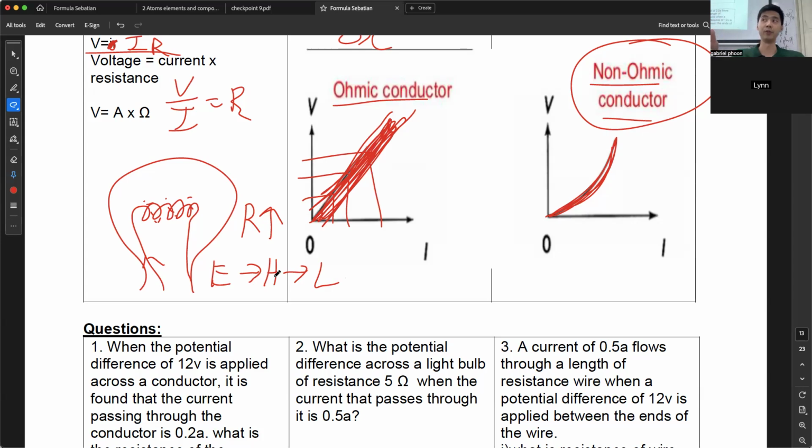And if you ever played with filament lamps before, it's super hot to the touch. It's not like this lamp, you touch it, it's not hot. I don't know if you guys even had a chance to see it or not. Filament lamps are damn hot. Back then when we were younger,